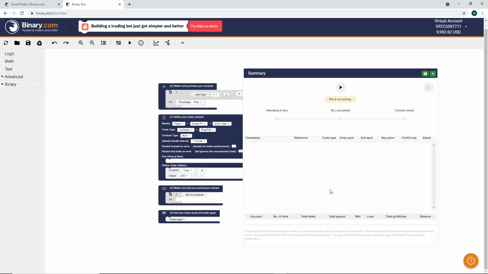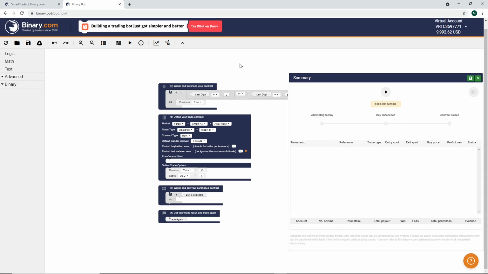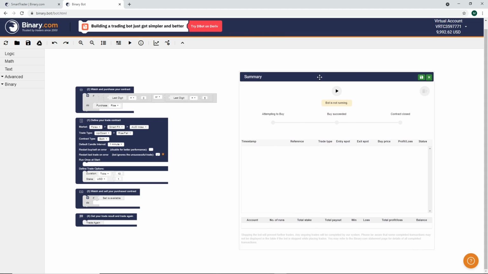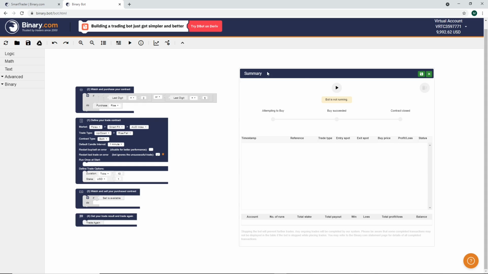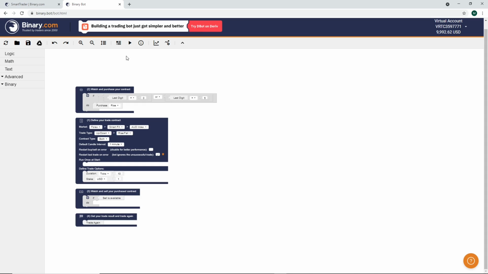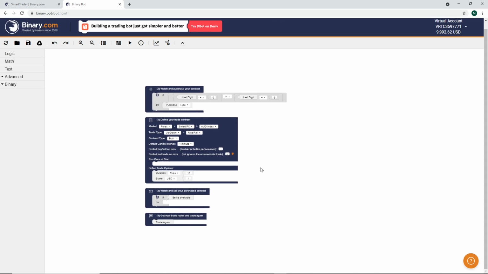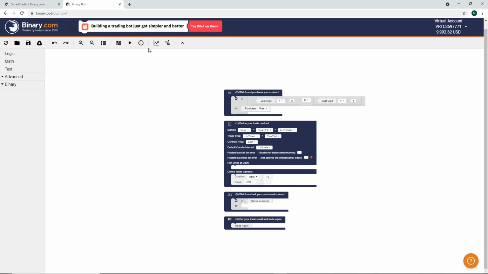This icon shows the history of our orders. If we run this bot you will understand. Here we have not run this bot till now, so no history is found. Okay, this icon is used to run our bot. If we developed the bot and want to test it, clicking this icon will run our bot. And these other icons are not as important, so we will skip them.